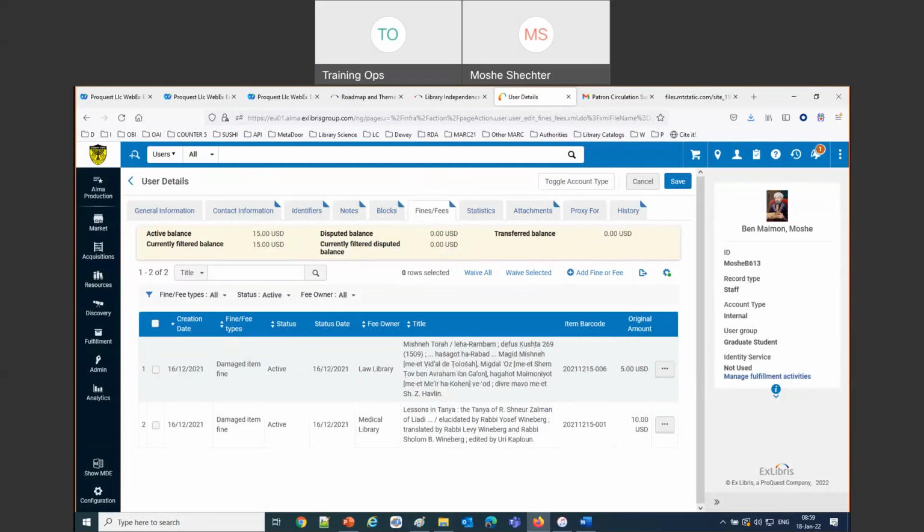So if you have a request that has copies in multiple libraries, until that request is processed, all these libraries are considered owner of that request, and we're able to see that. Once one of the libraries grabs that item and starts processing it through transit to hold shelf, then only the library that is currently managing that item will be considered the owner of that request. So it depends on the stage in the life cycle of the request, who would be considered the owner of that request.